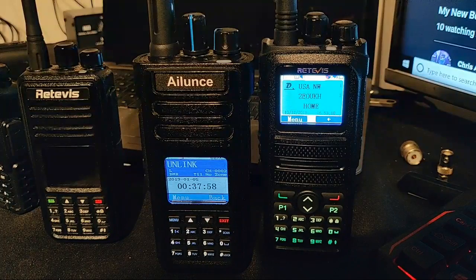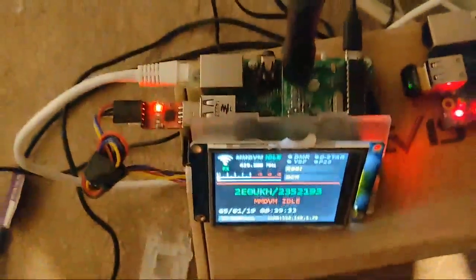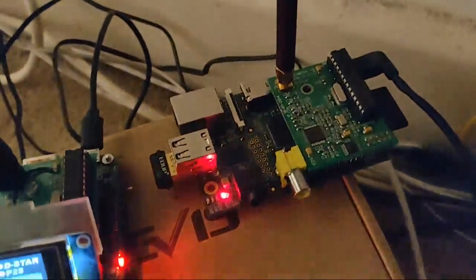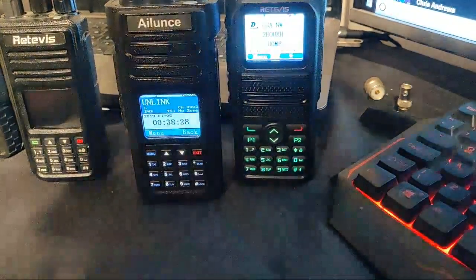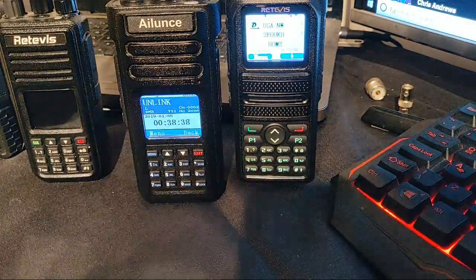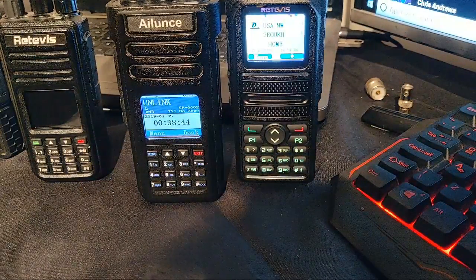DV Mega on a Pi, that's my best one. I'll just show you that because I've got it on a Nextion screen. That's my Raspberry Pi with a screen on it. That's another DV Mega on a Pi without a screen, and that's running on a Pi 2. That's an old crappy Pi 2, but it seems to run all right. And the reason I say it's the best is because you can update the firmware on it, you get very good clean audio, it does lots of modes and it's flexible. You can put it on a Raspberry Pi, you can put it on a BlueStack,